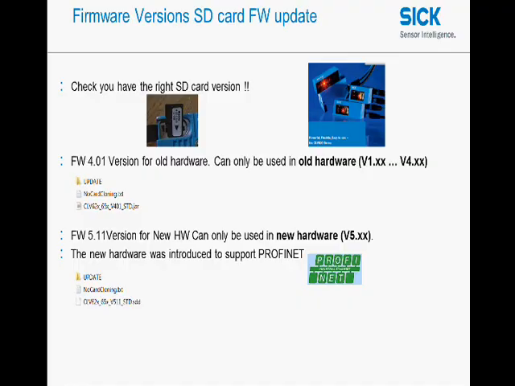This tutorial will tell you how to change the firmware in the CLV6 series scanner using a micro SD card. Please be sure